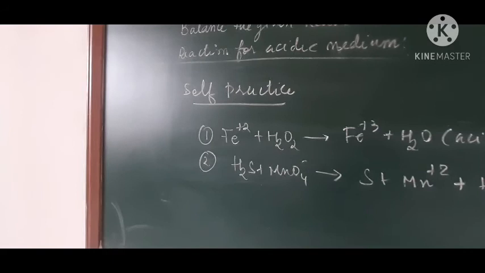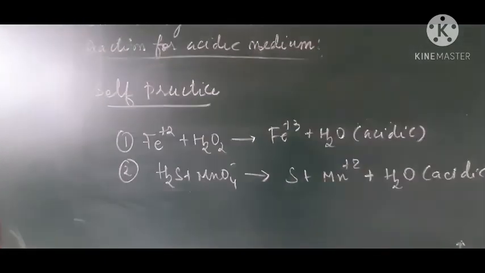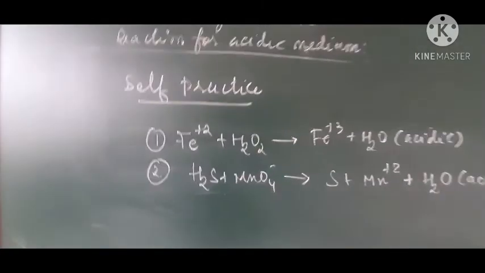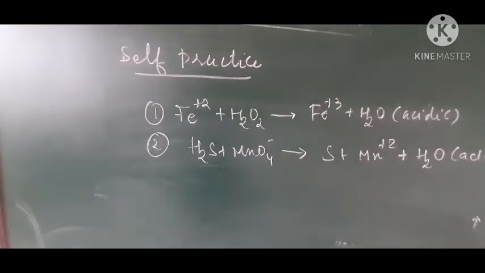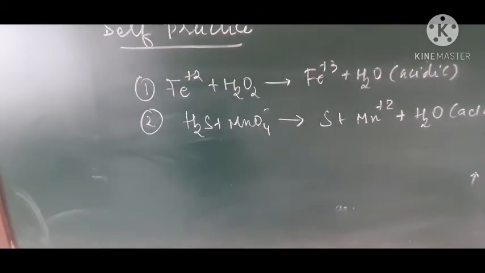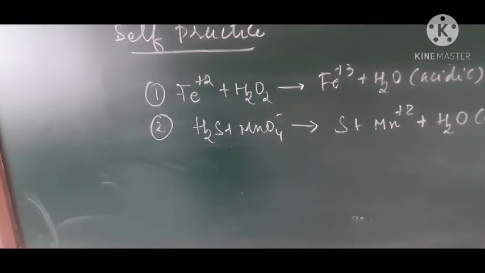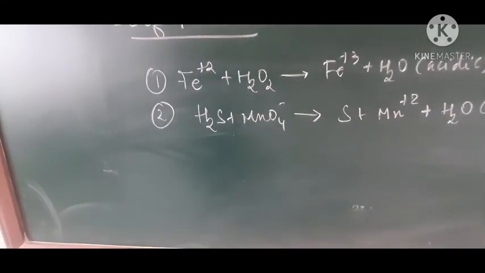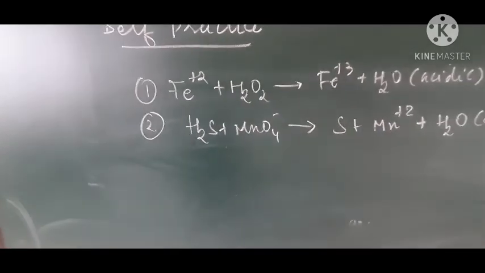Children, for balancing of redox reactions, when we talk about the half reaction method, it is also known as the ion electron method. So very first step, we have to convert the unbalanced equation into ionic form by breaking all the ionic compounds involved in the reaction into their constituents and cancelling out the spectator ions. Second, we have to split the equation into 2 halves. First is the oxidation and second is the reduction half reaction.